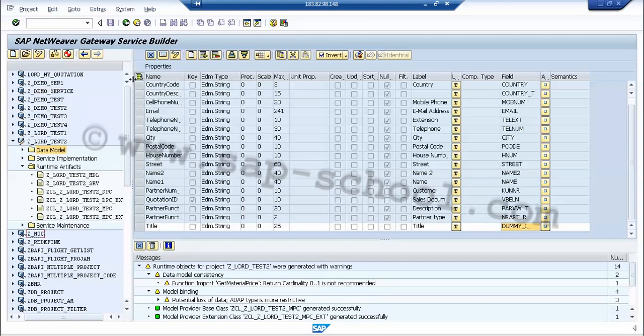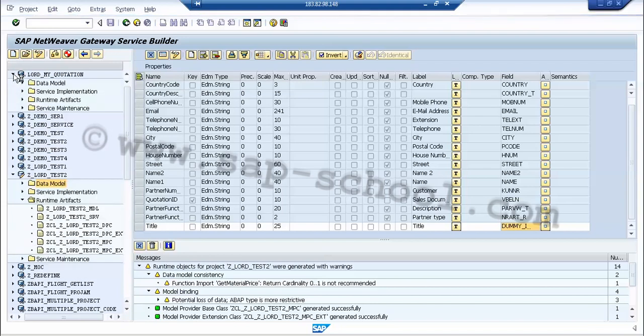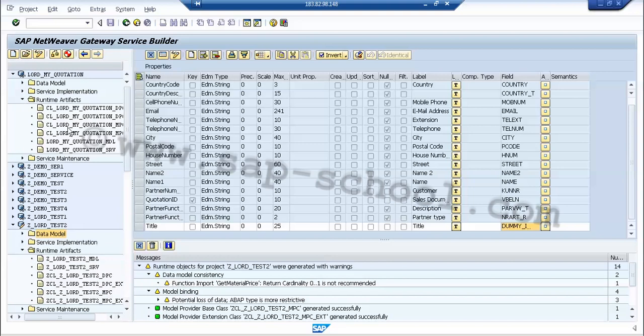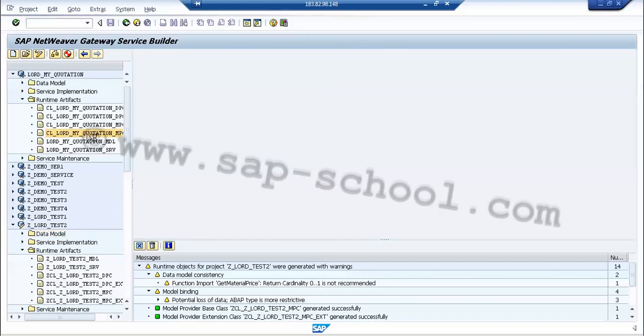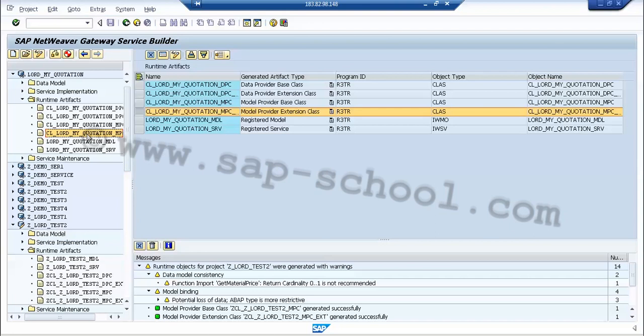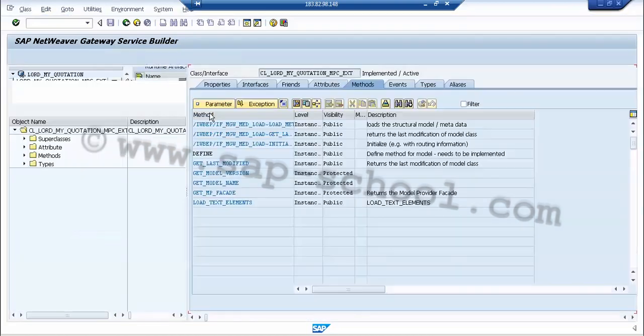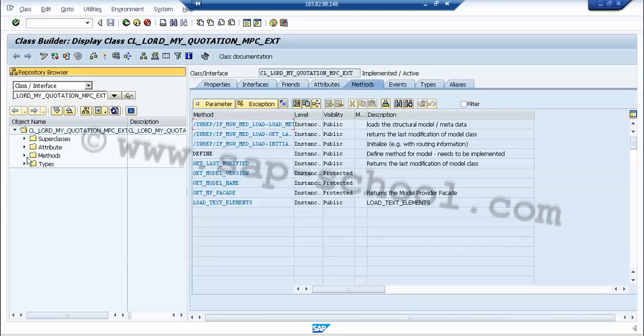Now we have to go back to the standard project, wherein we have to go to the project. If it is not already open, we can use open project. After that we navigate to the runtime artifacts, and then go to the MPC extension class. We double click this extension class, and if we double click it again, we will be able to see all the methods inside it.